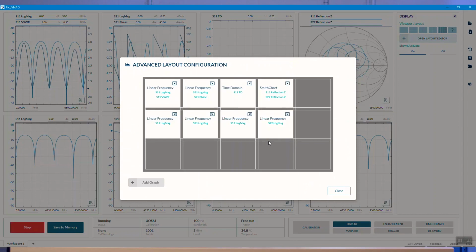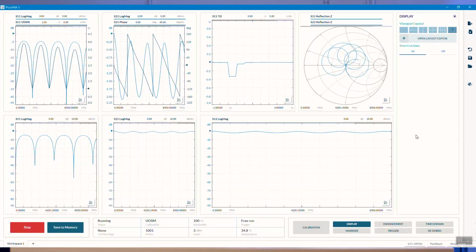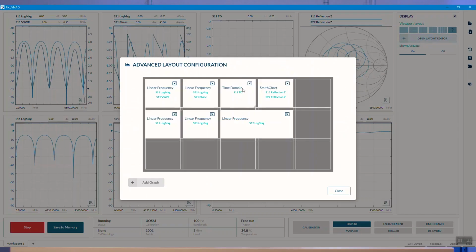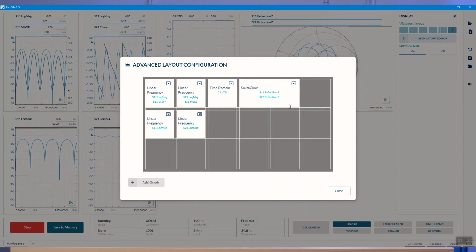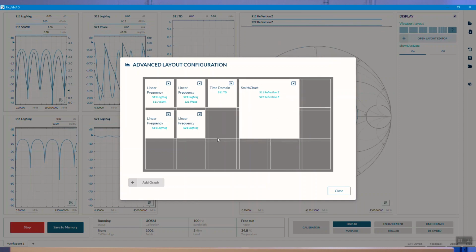Those are my plots that I've just added. Let's delete that one. Let's expand that one and close. And you can see that I can quite easily get focus on what I want to focus on, and that Smith chart at the moment is a relatively small one. Let's get rid of that. Let's put that out like that, and that out like that, and we've now got a big Smith chart.